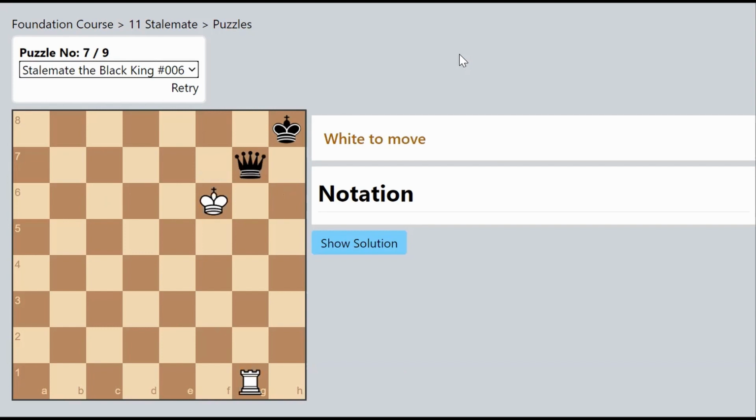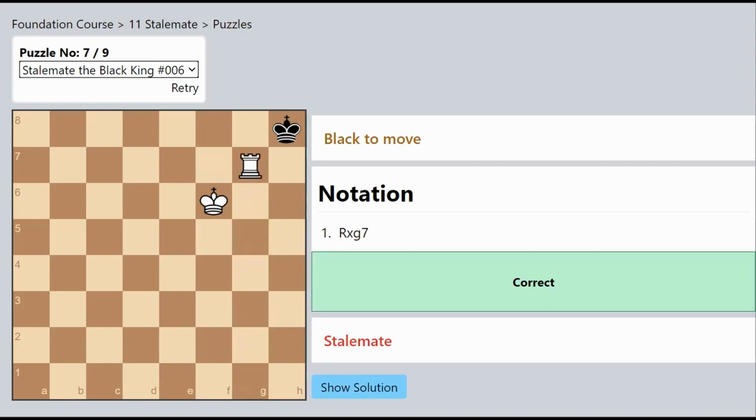Again a similar example, and in this position it is white to move. The black queen is giving a check to the white king, and we have a possibility to capture it. Yes, and we can do it like this. Again the black king is stalemated. So I hope you understood the concept of